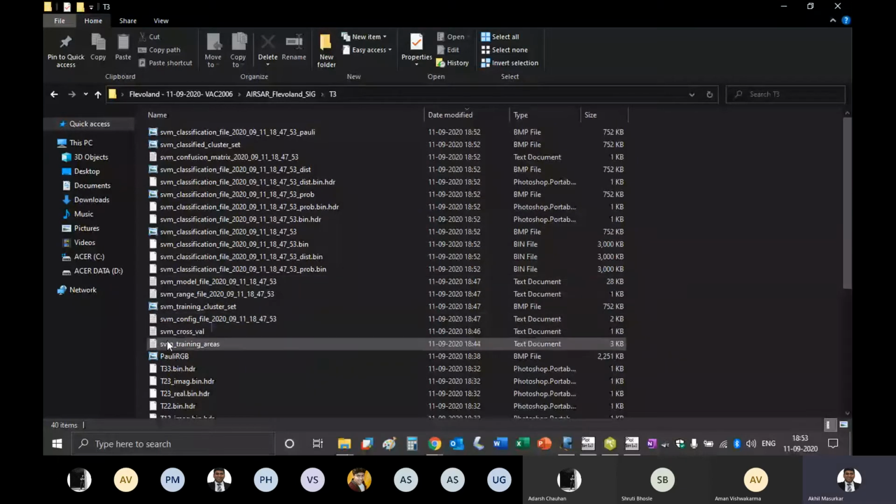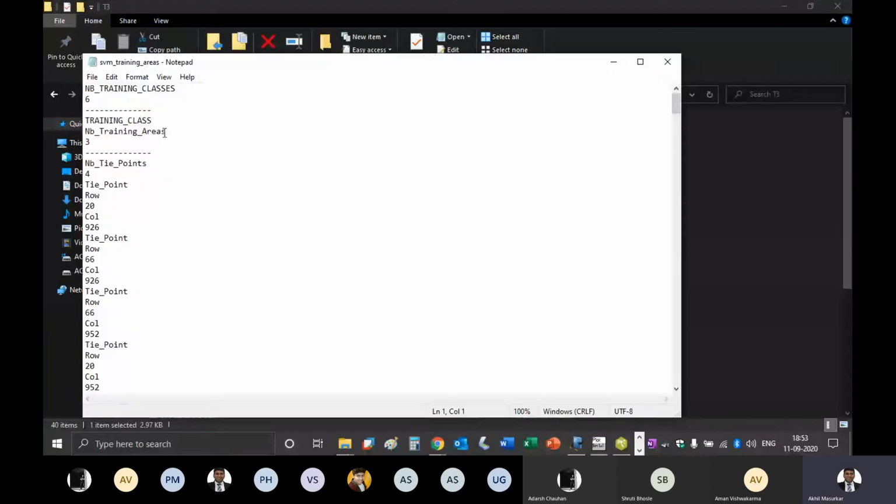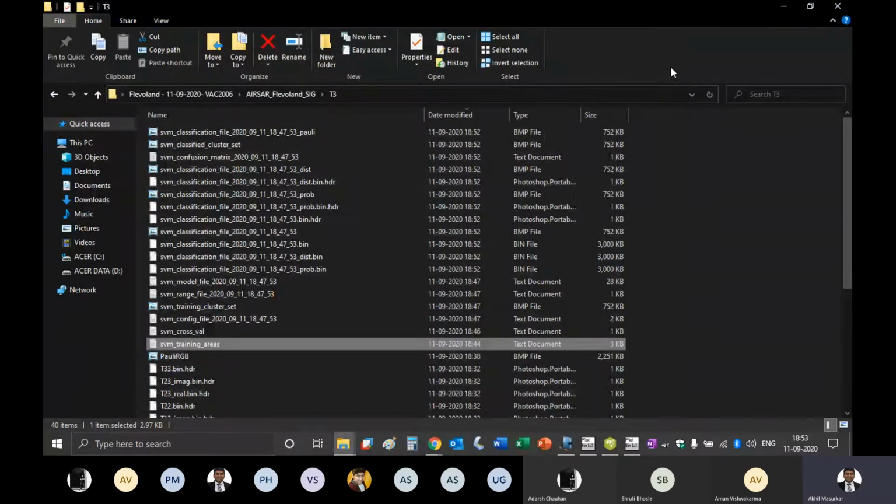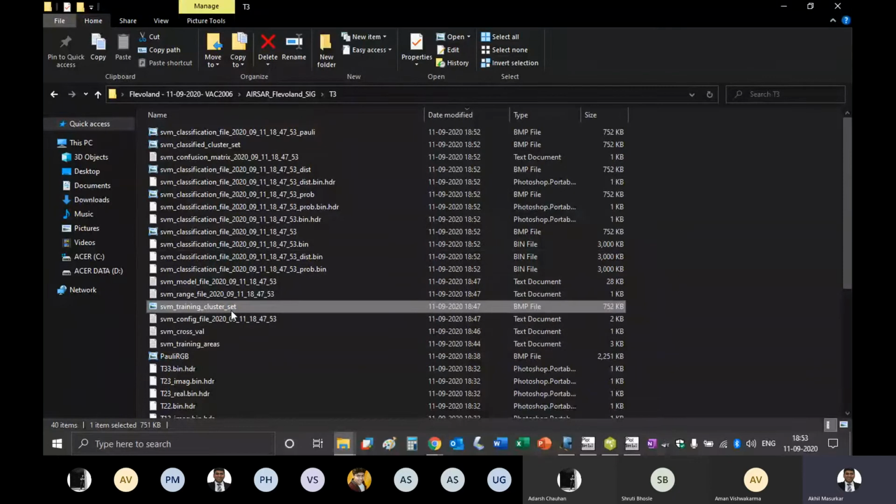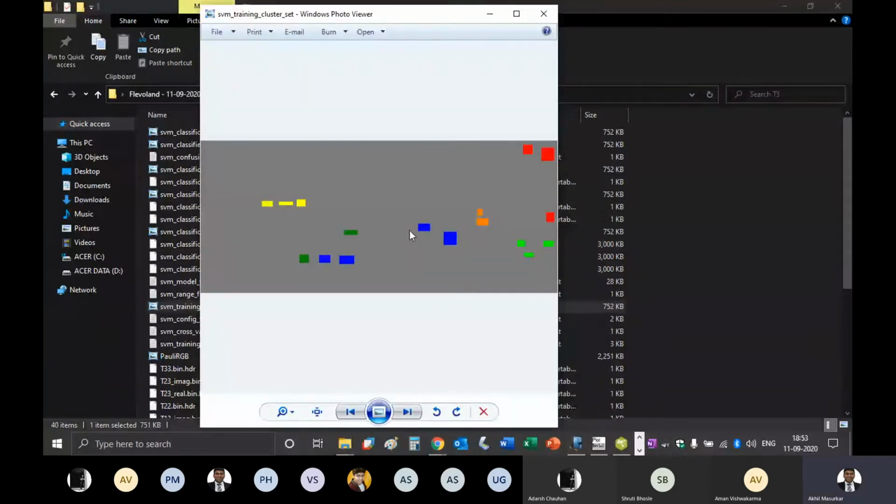If you just open this file, you can see that there are 6 classes. NB_training_classes is 6. There are 6 classes inside that. And this is the SVM training cluster. So these are the training areas that we have given.